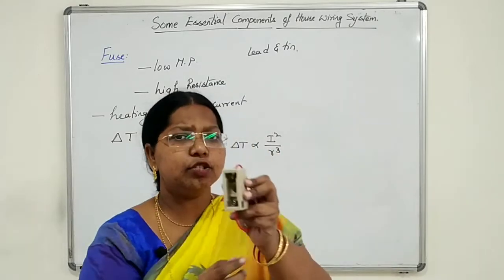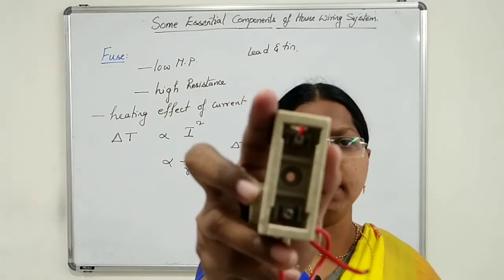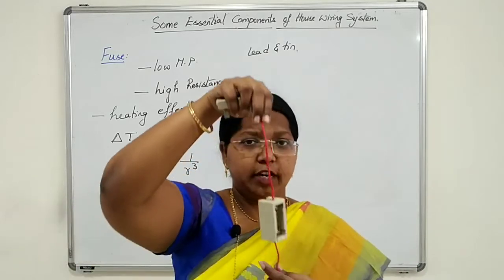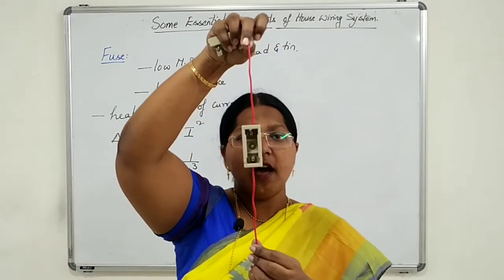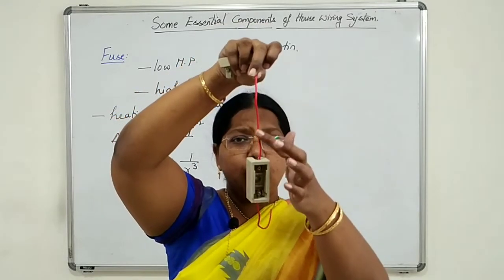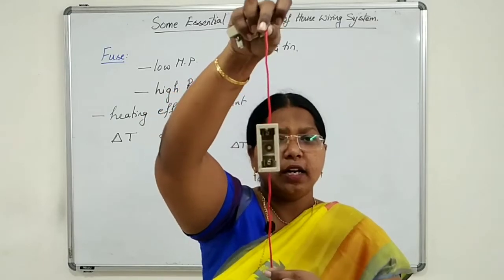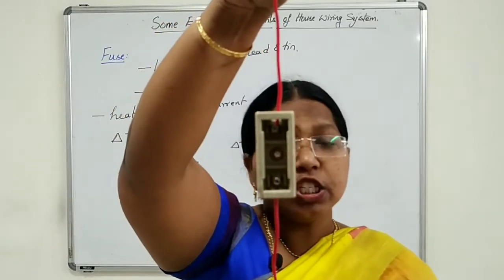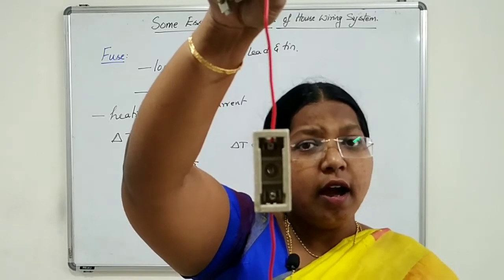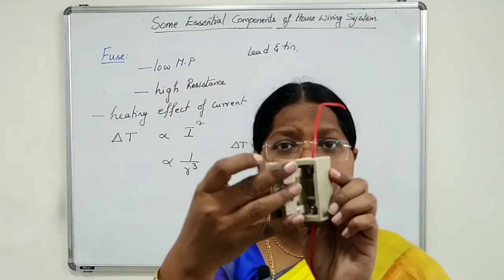You can see the two terminals T1 and T2, T1 at the top and T2 at the bottom. These two terminals are connected to the live wire. This live wire, one is coming from the pole and the other is going inside the household. But clearly you can see there is no connection between these two terminals T1 and T2 in the socket until and unless we keep this plug.